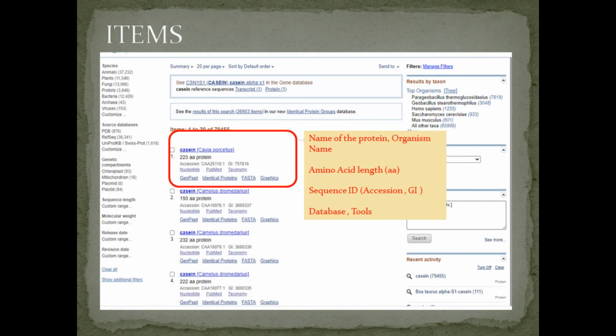If we are going to select a particular organism name, you can use different search options, like using your protein name with your organism name with the help of the OR option. Then you can easily access your data according to your use or according to your studies.